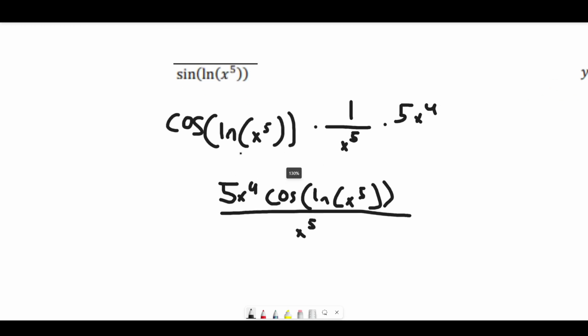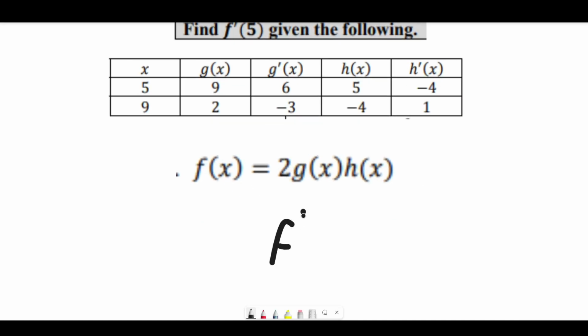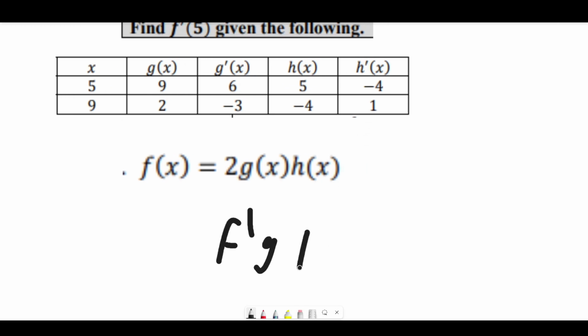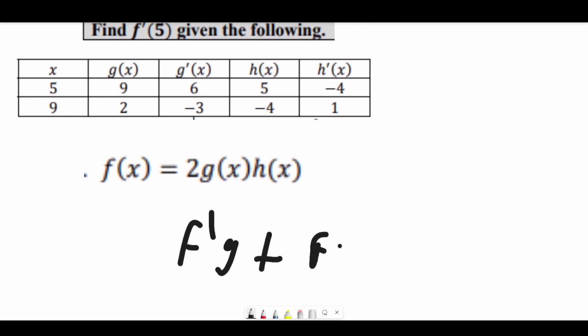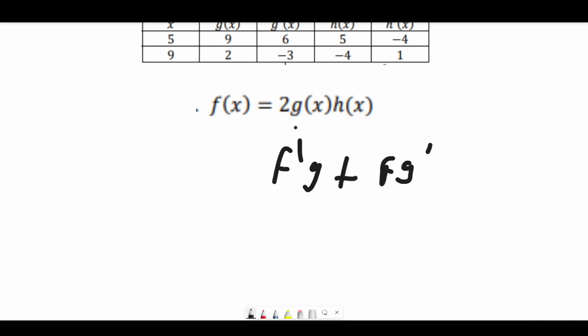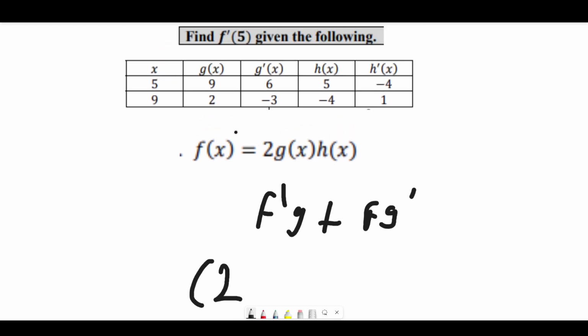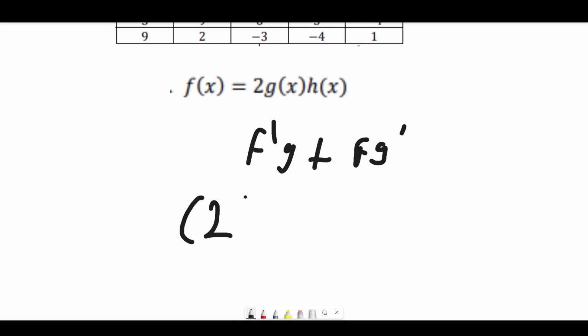So now we're going to go on to a couple more questions, but this time it's going to be a table. So in this case, there's no chain rule, it's just going to be the simple product rule. If you forgot product rule, it's just f prime times g plus f times g prime. So that's all we're going to do here. So it wants us to find the derivative at 5. So we're going to do 2 times the derivative of g of 5. So that'll be 6